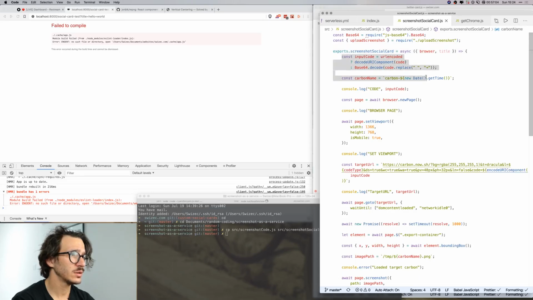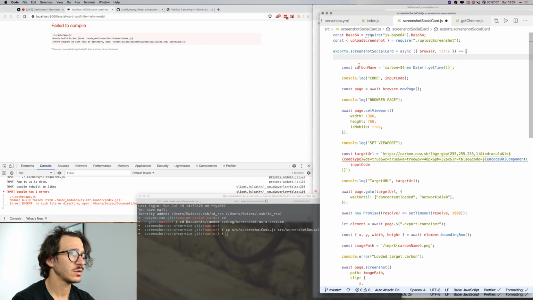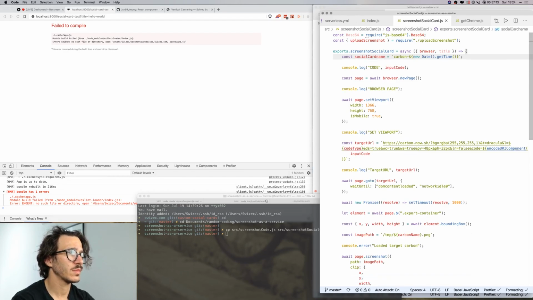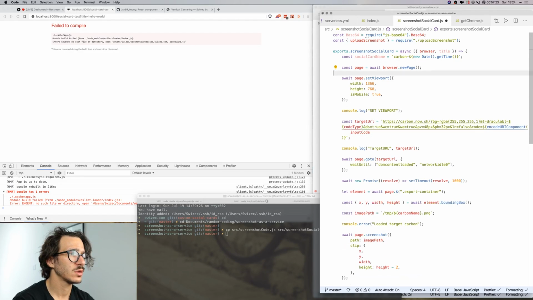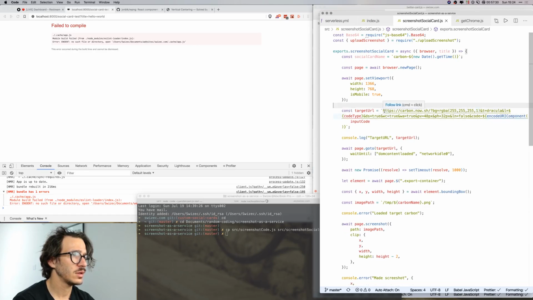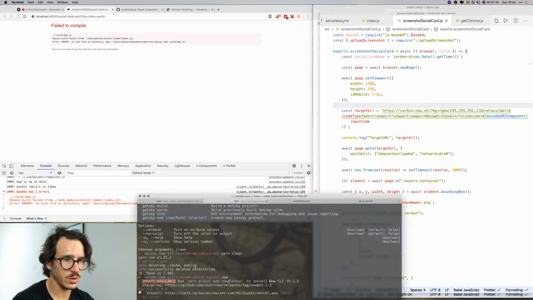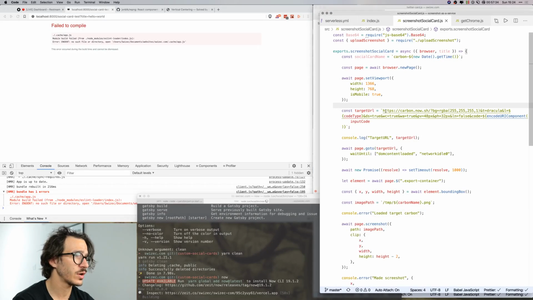we don't need this. Yeah, let's take this social card name. Yeah, we don't need that. We can set the viewport, it's fine. Is mobile true? Yes, we set the viewport, and then the target URL is going to be whatever we get from now for now. So it's gonna be